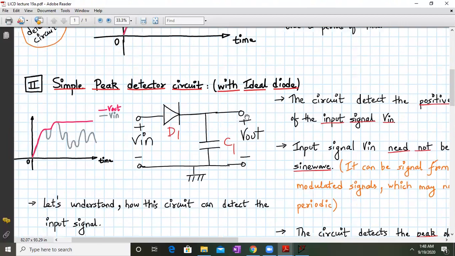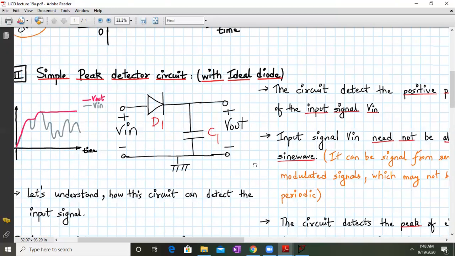Now, first of all, what's an ideal diode? An ideal diode is a diode which doesn't require any voltage to turn on. Means if you just apply a voltage between anode and cathode such that the anode voltage is just greater than the cathode voltage, the diode will turn on, right? So that's what is called an ideal diode, or we can say that the V_D,on, that is the turn on voltage of this ideal diode, should be 0.